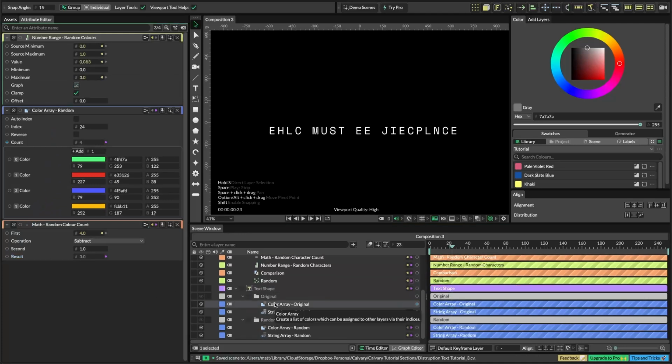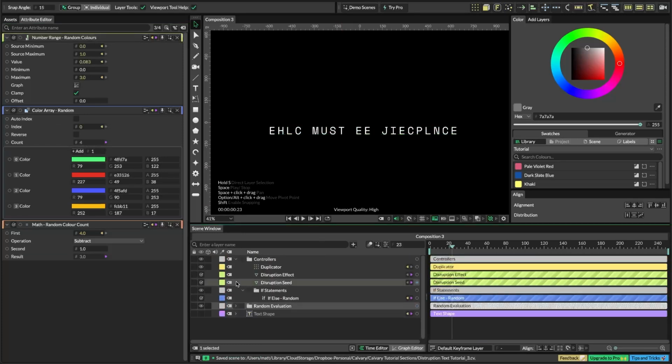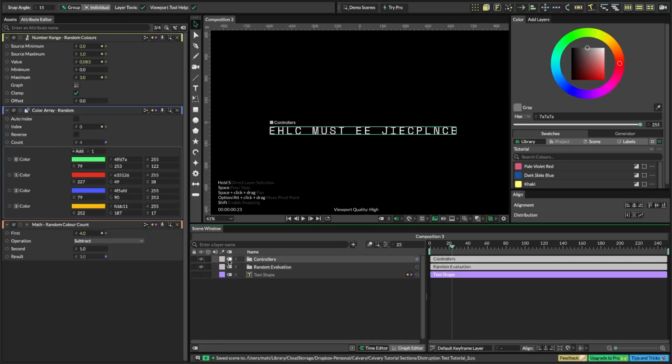Now, we need to link this to the color array. So this random color goes into the index, like so. Now obviously we haven't actually got our colors set up to affect our type. So what we're going to do is we are going to go to